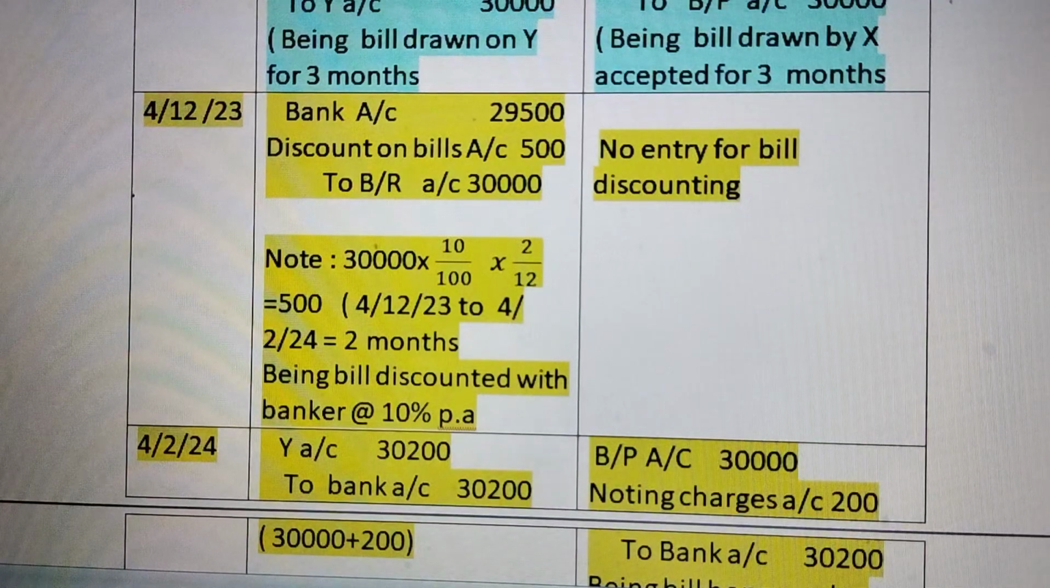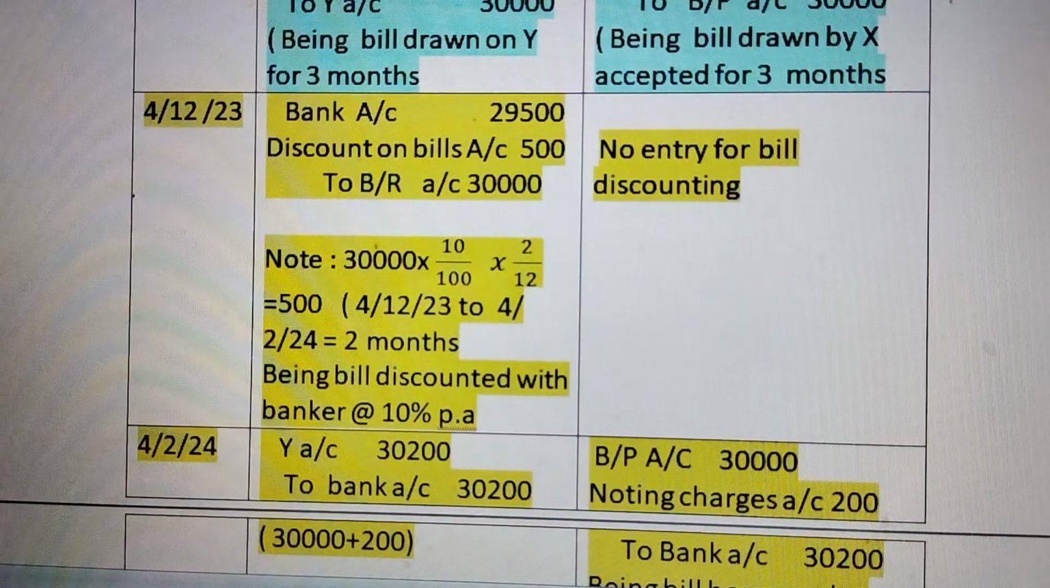So that is the period you need to calculate discount on bills. The bill has been discounted on 4th December, and the bill will mature on when? As the bill has been drawn on 1st November, it is for 3 months. 1st November to 1st December is 1 month, 1st December to 1st January is 2 months, 1st January to 1st